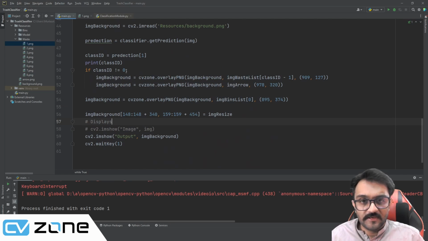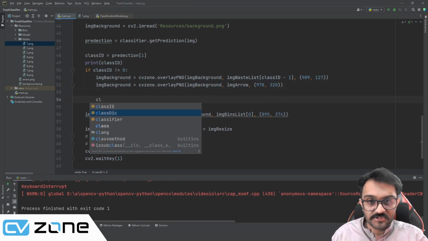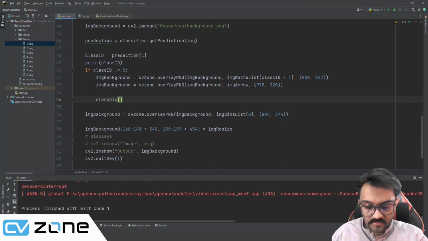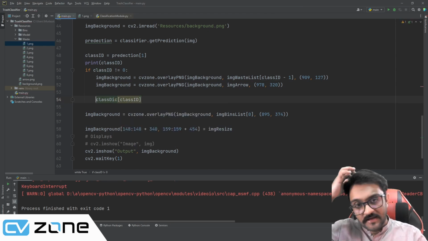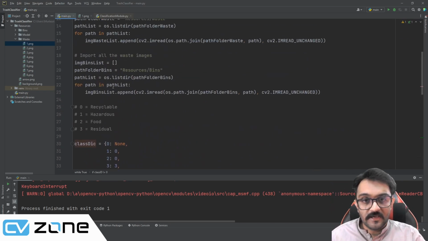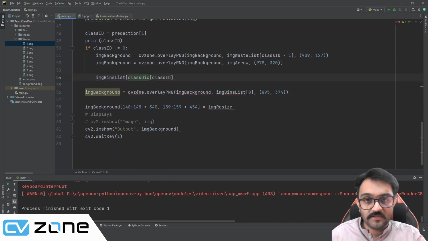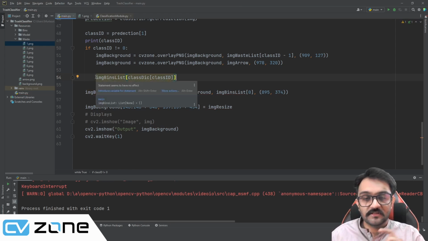Whenever we are getting something, the class ID is exactly as we want, so we are going to check from the class dictionary, we are going to add the class ID, and that will give us a number. That number basically corresponds to the image within our image bin list. So we will take that and put it in image bin list, and that will give us the actual